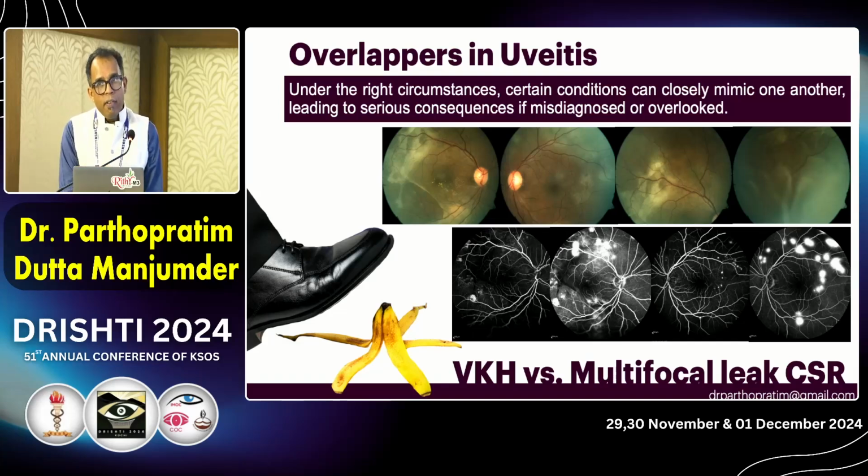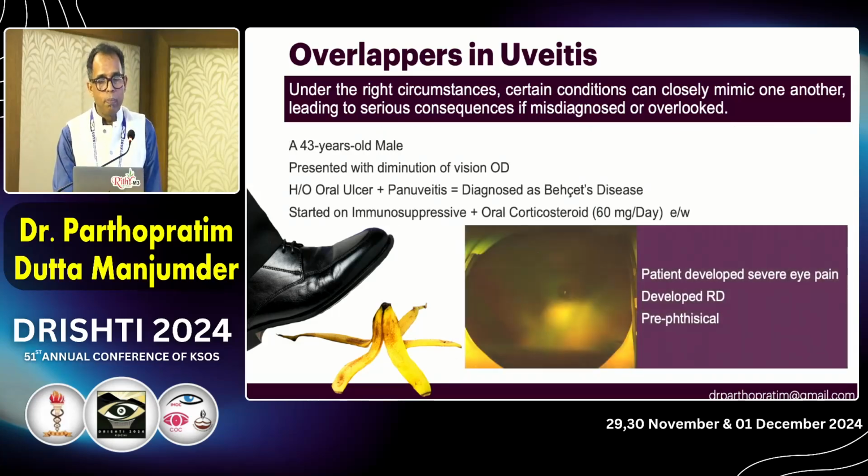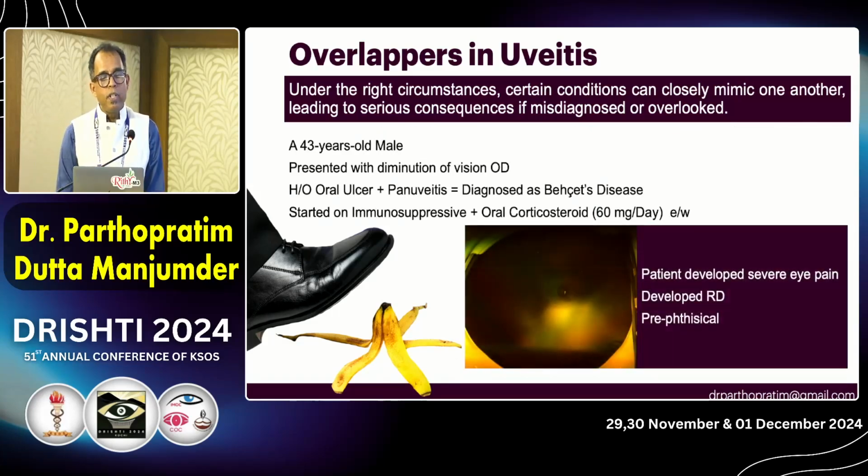So when we did a fundus fluorescein angiography, you can see the leaks which are increasing in size and intensity in both eyes. So it was a very rare case of bilateral CSR. So these are the cases invariably you will miss in your OPD if you are not doing multimodal imaging, as she pointed out. This is another patient, a 43-year-old male who presented with diminution of vision, gave history